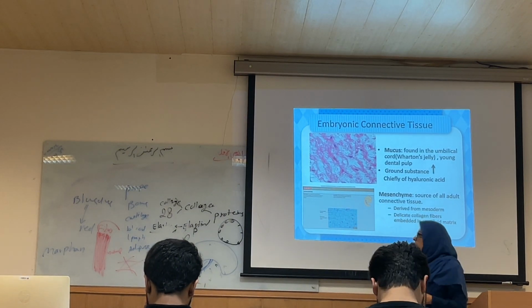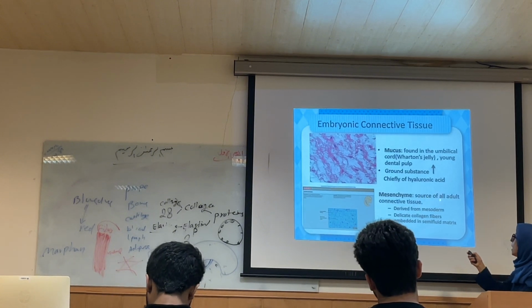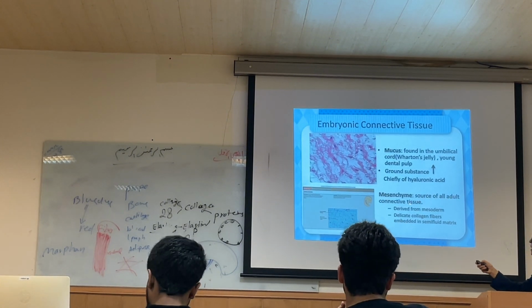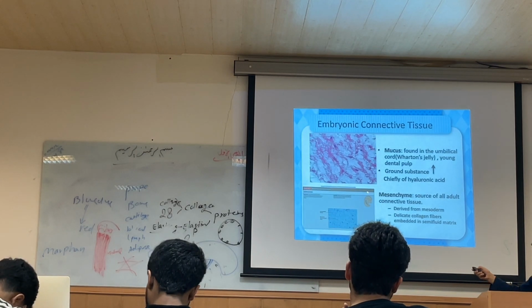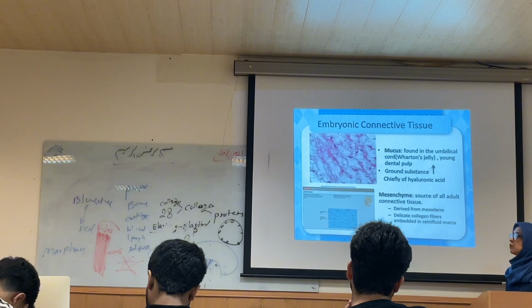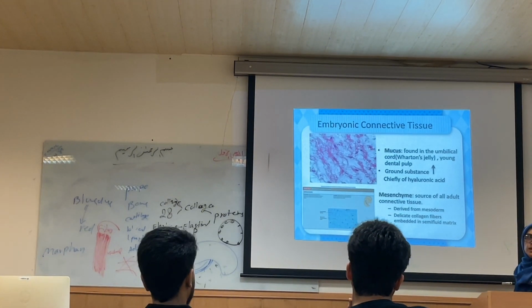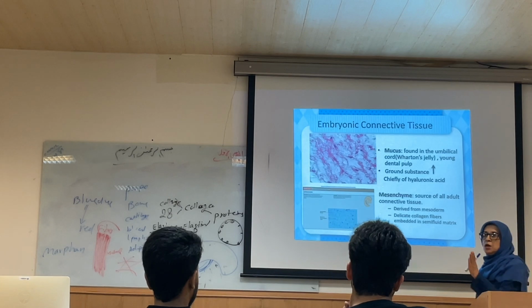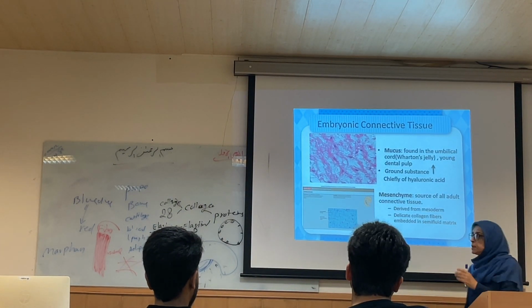All of these derive from the mesenchyme tissue. It is the source of all adult connective tissue, and it forms much of the embryo. The backbone of the embryo is from connective tissue. Mesenchyme cell